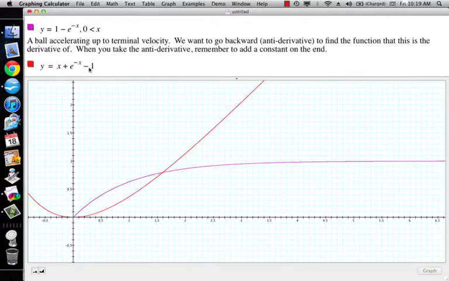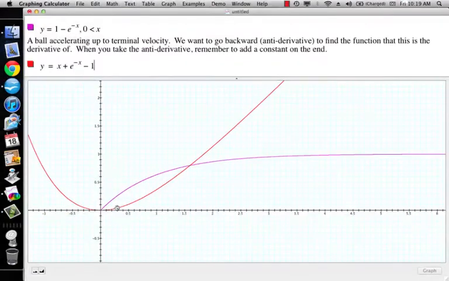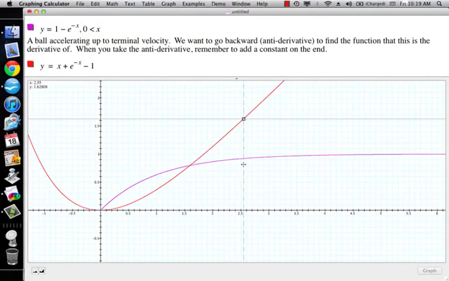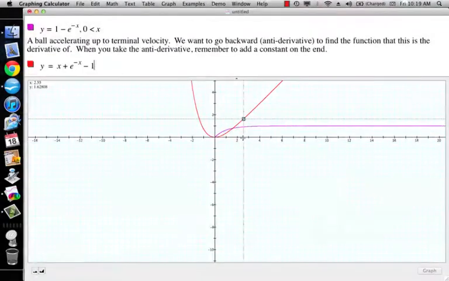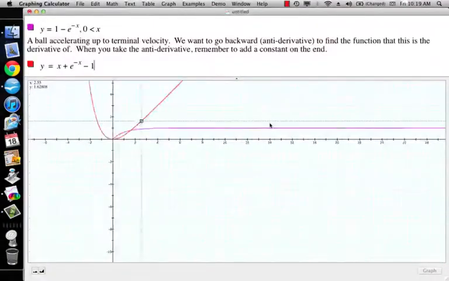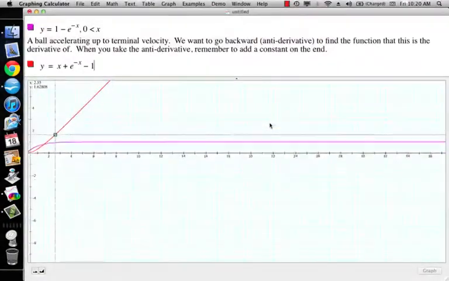And in this case, this is what I want, because I want to say that my initial position, I'm dropping the ball, so my initial position is 0, and so it starts at 0, and then it accelerates away from me. But then you see that as the velocity gets constant, then my distance versus time graph